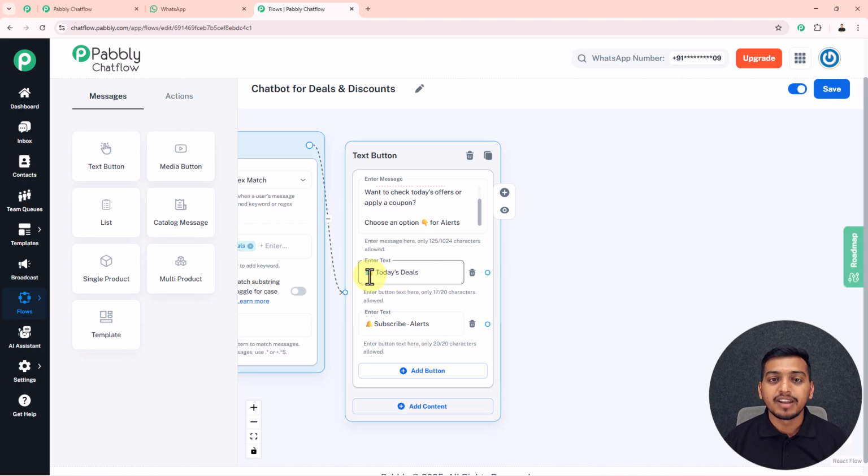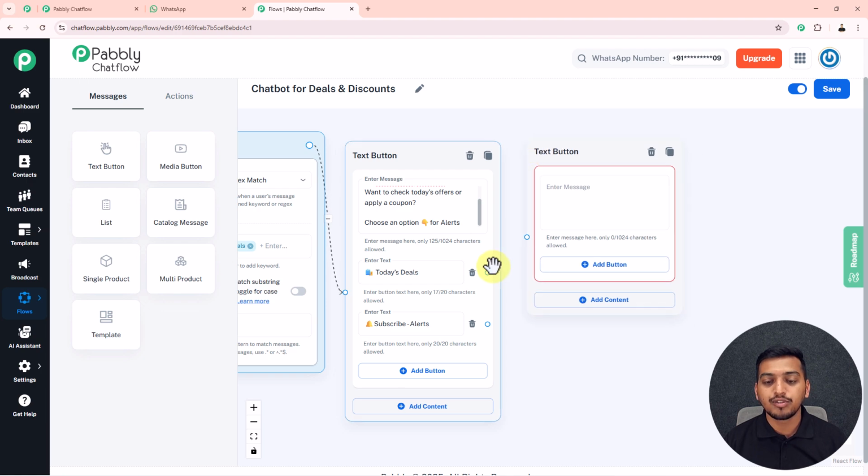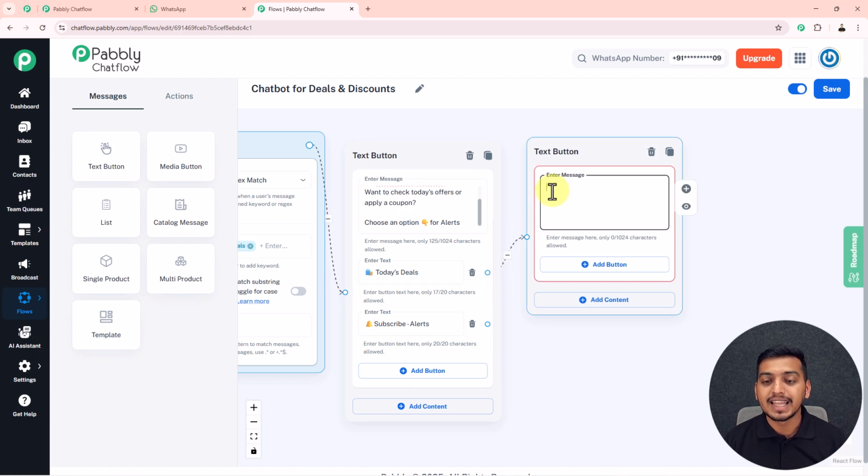So I want that whenever any customer clicks on this button, I send them all the deals that I am going to offer today. So for that, I will again drag in this text button. I will drop it in here. Now first of all, I will connect both of these following circles, and then inside this enter message box, I will enter this message where I have added these two today's top offers,